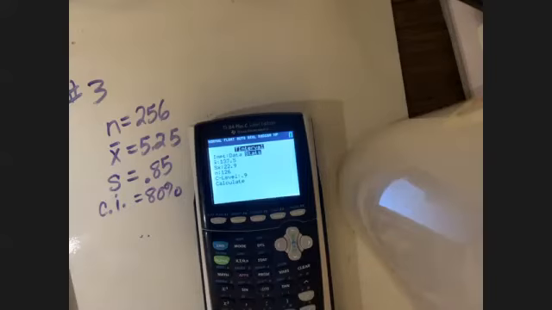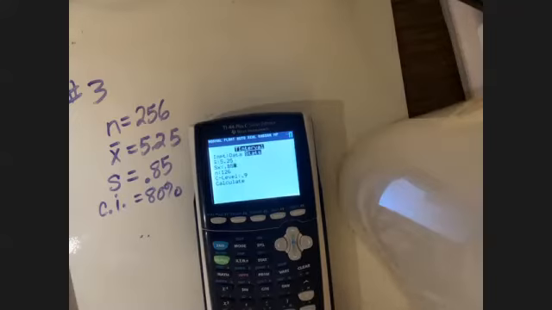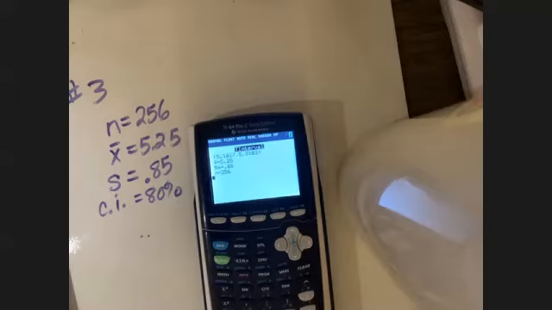So this is our X bar is 5.25. Our sample standard deviation is 0.85. Our sample size is 256. And our confidence level is 0.80. And so we're going to put all that in, and we're going to press enter. And it's going to come out, and it says that our confidence interval is